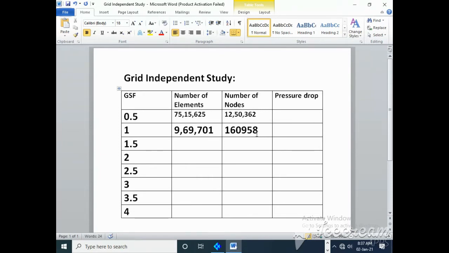Now we can see at global scale factor 1 the number of elements was 9,69,701.